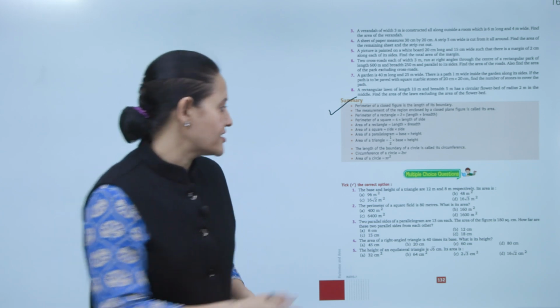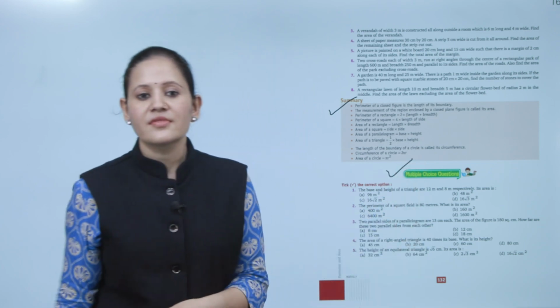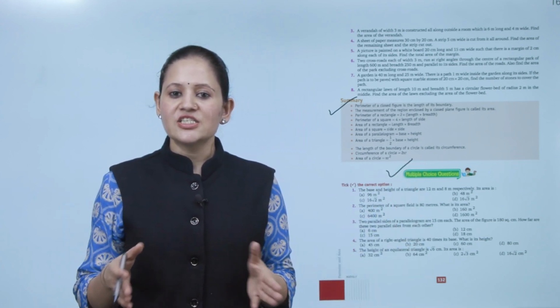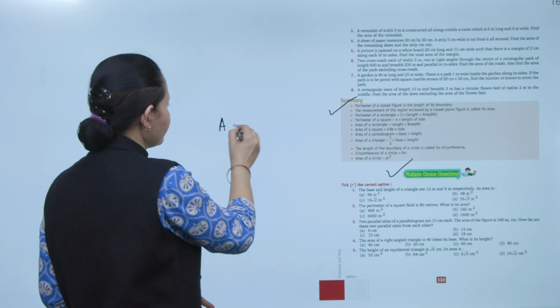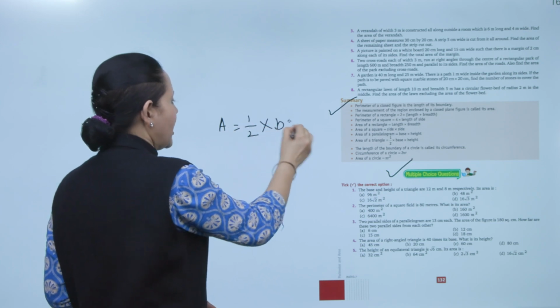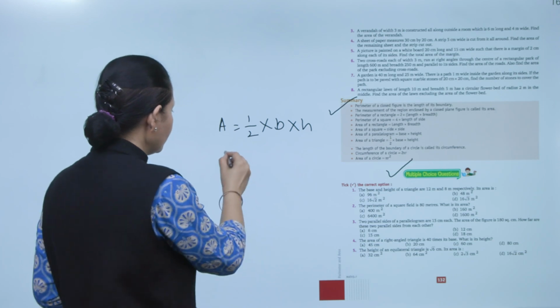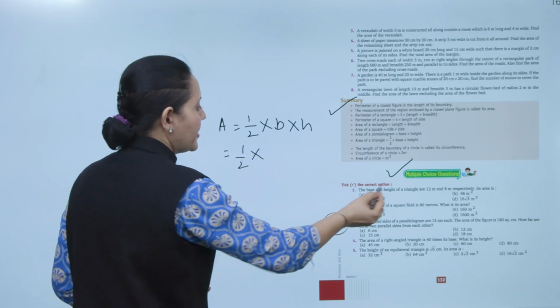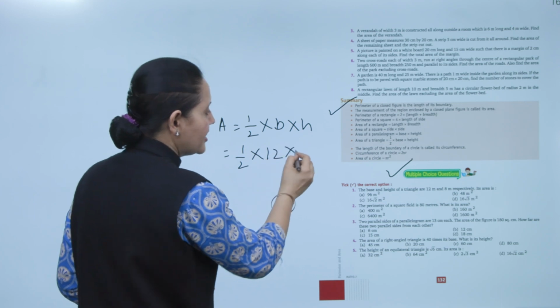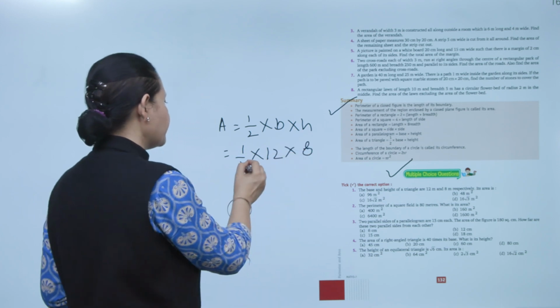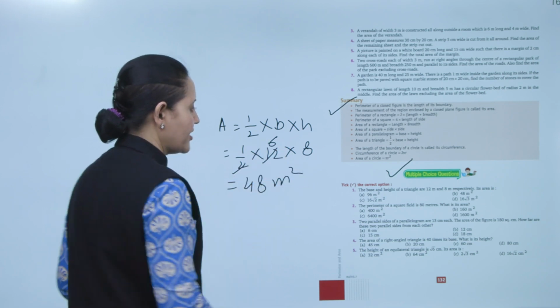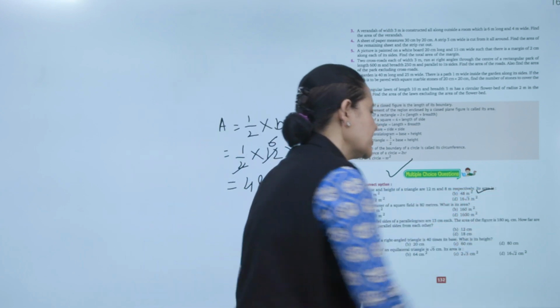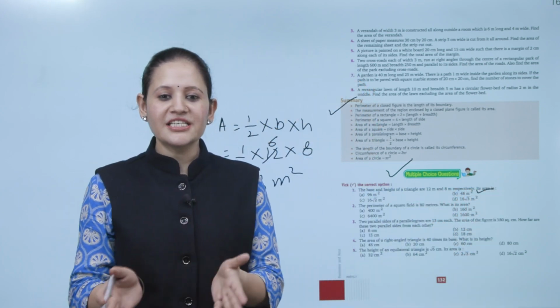Next is multiple choice questions. The base and the height of the triangle is 12 meter and 8 meter respectively. Find the area. So area of triangle, that is equals to 1 by 2 b into h, where base and height are given. So we'll put the respective values. Base, that is 12 meter, and height, that is 8 meter. So area हो जाएगा 48 meter square. So B is the correct option here. Here we end the chapter. I hope you understand it well. Now to practice it.